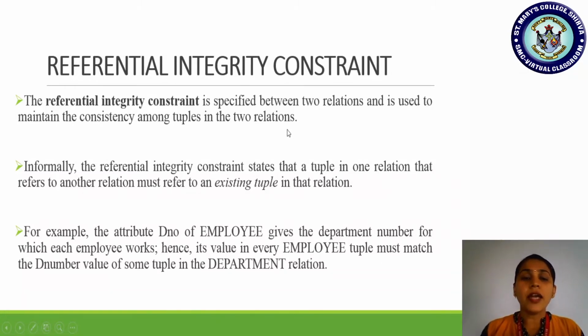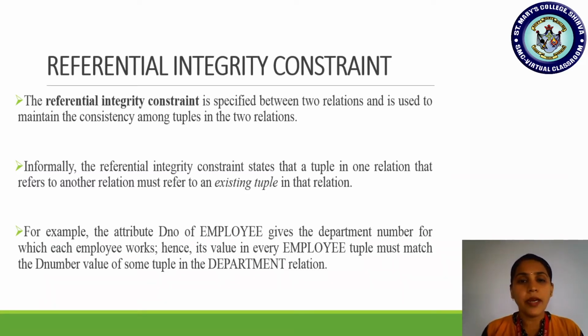So if department number A1 exists, only then is the reference right in the employee relation, the sentence that employee 101 works for A1 department.